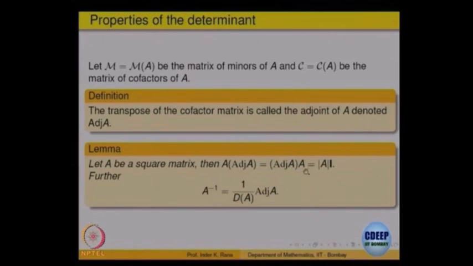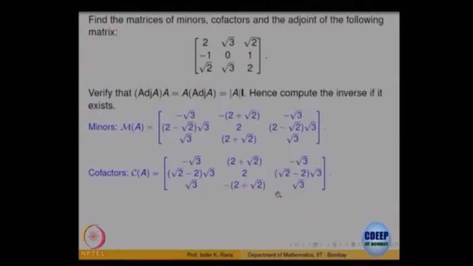But we will assume this fact. If this is true, then what is A inverse? You can divide by the determinant. So, A inverse is 1 over determinant of A times adjoint of A, that you have been using earlier on. These computations we have been doing, so we will not go into all aspects. Let us look at one example.